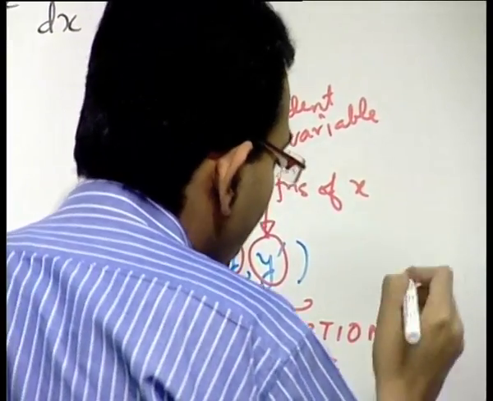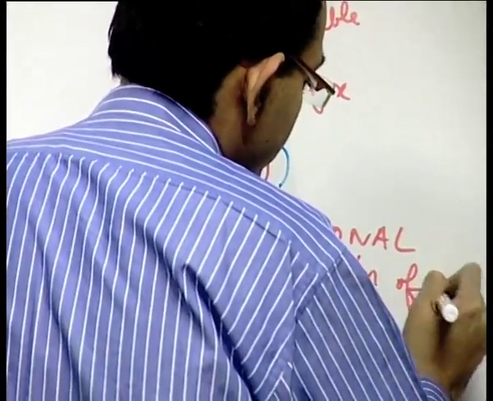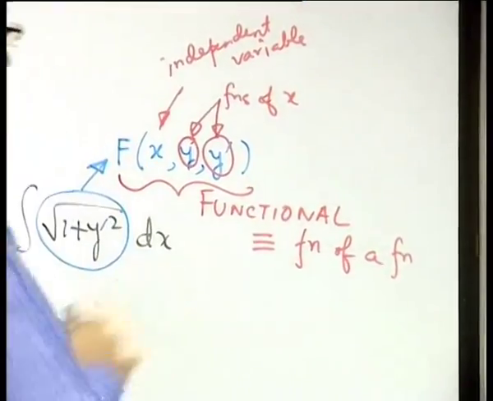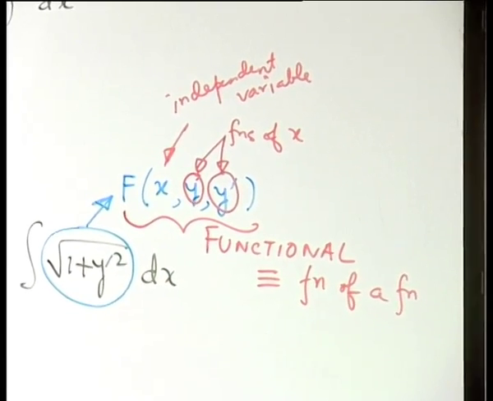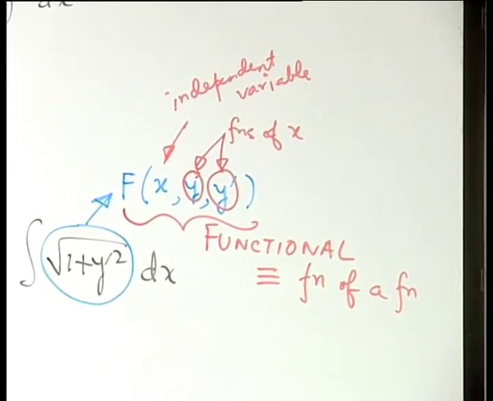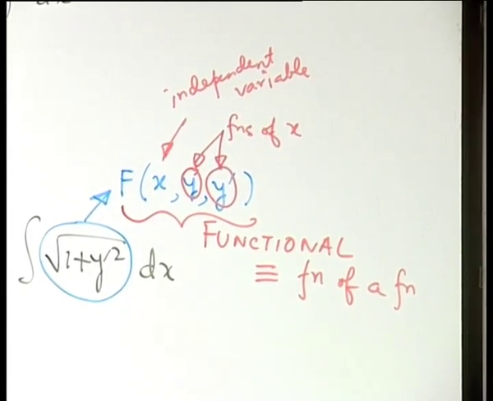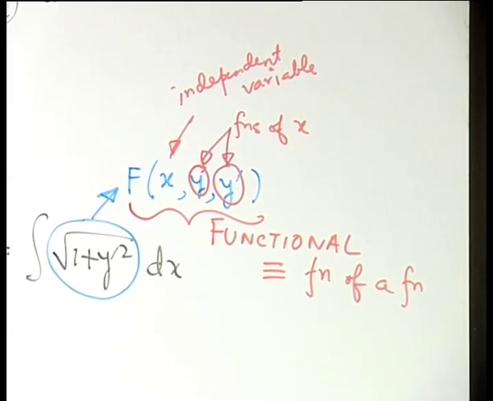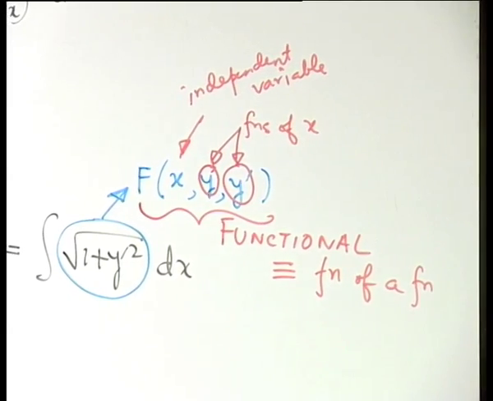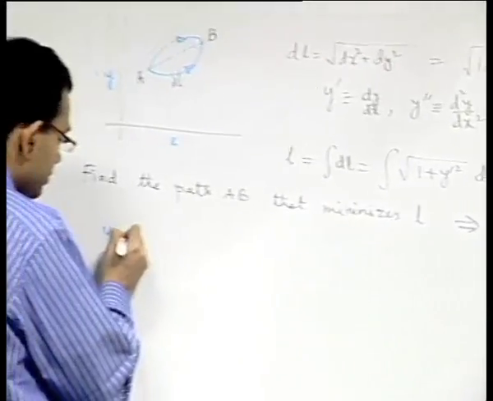In a simple way, it is equivalent to a function of a function. Of course, one can give a more formal definition to a functional, but let us try to just understand it in a simple way. So, what is our objective? Our objective is to minimize this integral I. So, let us now try to formalize the problem through this example and say that minimize